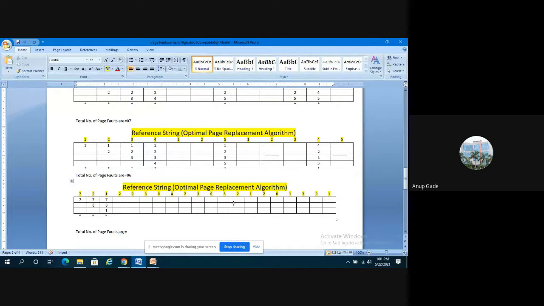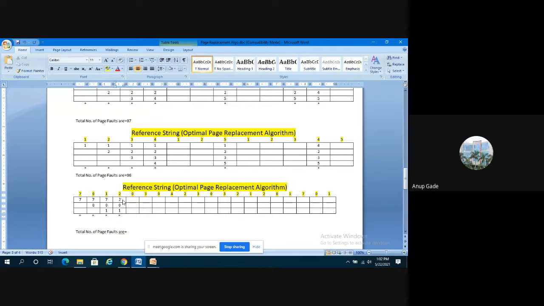Okay, now this particular string is given to us. This is the reference string, and we have to apply the optimal page replacement algorithm. Page fault occurs, 0 is also not there, we have to bring 0. Page fault occurred, 1 we have to bring, and the page fault occurred. Now we have to decide which page to replace, because the algorithm suggests replacing the page which will not be used for the longest period of time. So 7 is the page which will not be used for the longest period of time, so replace 7 with 2. 0 and 1 will be kept as they are.